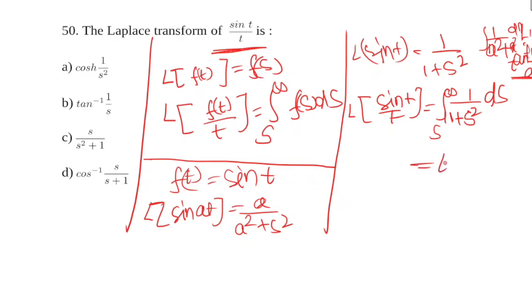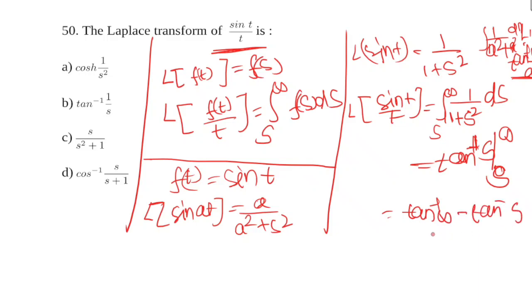So here you can write tan inverse s by 1, that is tan inverse s. Now put the limit s to infinity. So that is tan inverse infinity minus tan inverse s, and tan inverse infinity is pi by 2